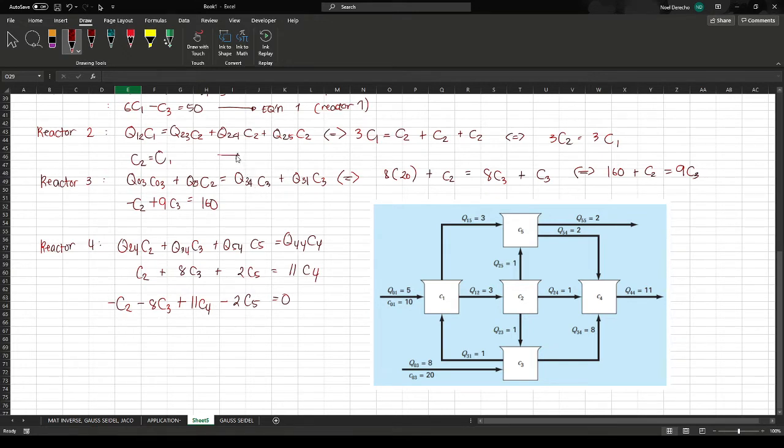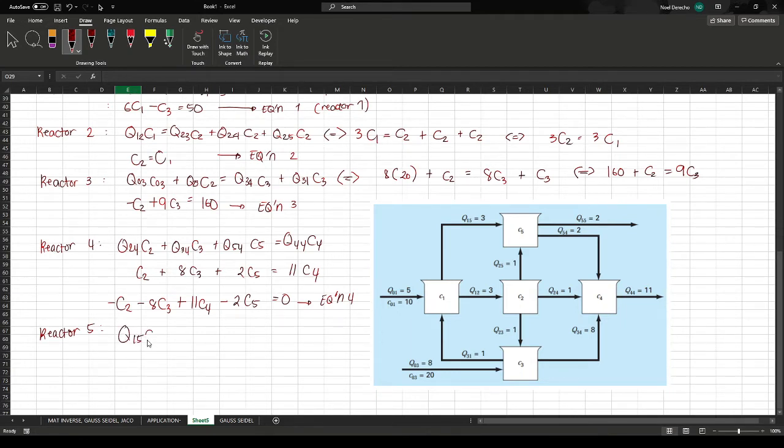So equation 1, equation 2, equation 3, equation 4. So for reactor 5, we have C15